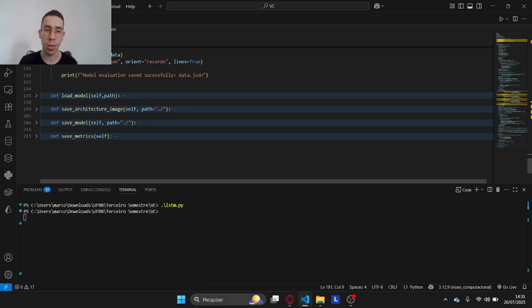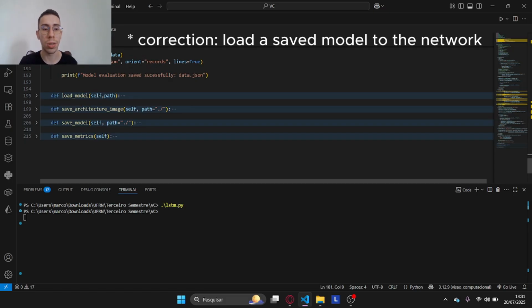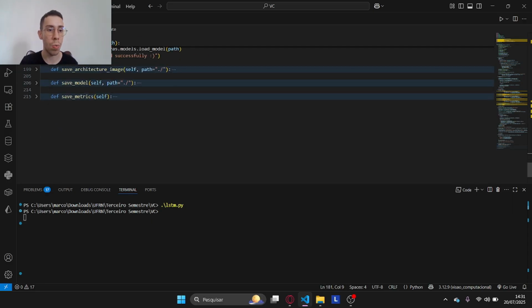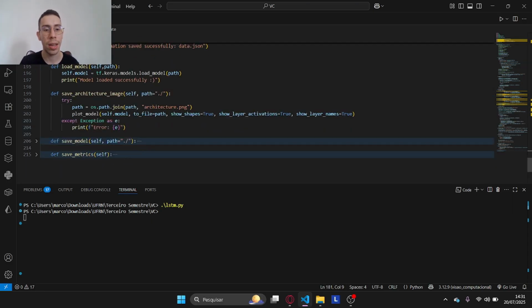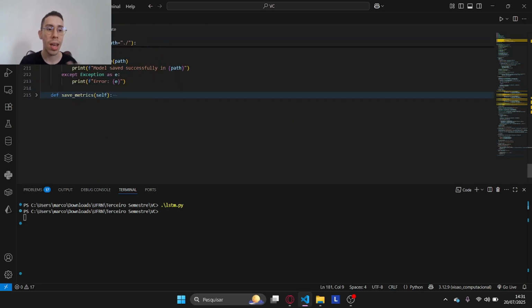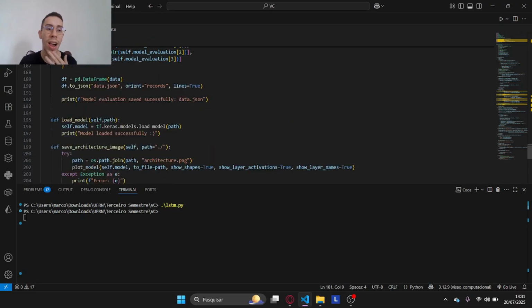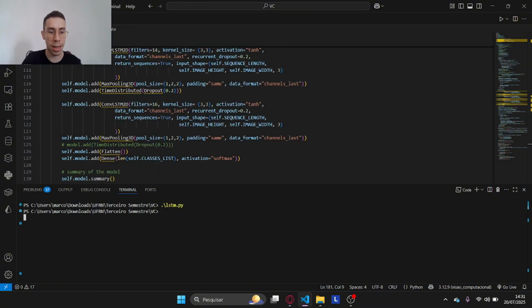Also load model, if we want to get our architecture, and save architecture image, where we have exactly the diagram of how our architecture was structured, save model, and then save metrics. So with that explained, we can finally go to our